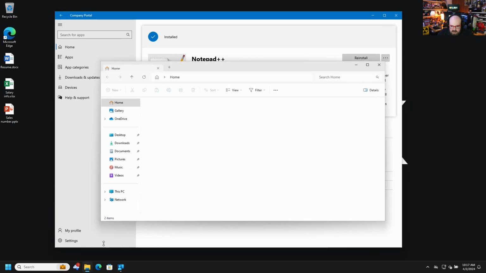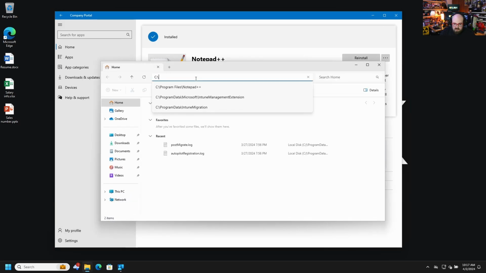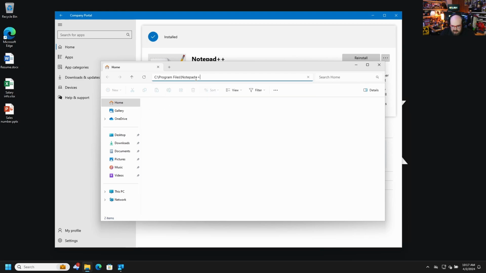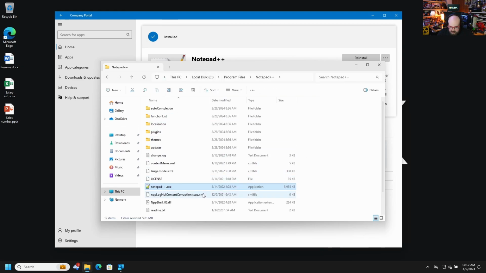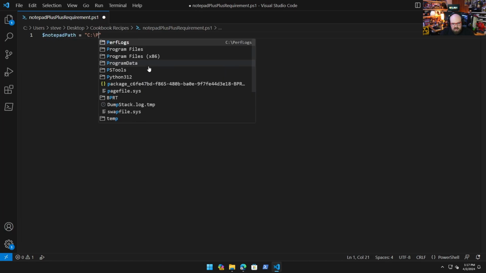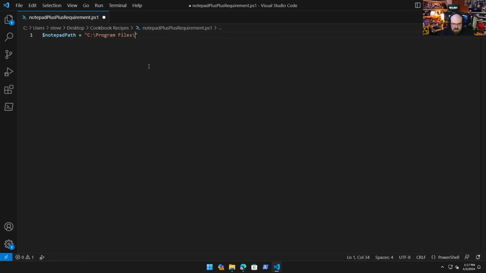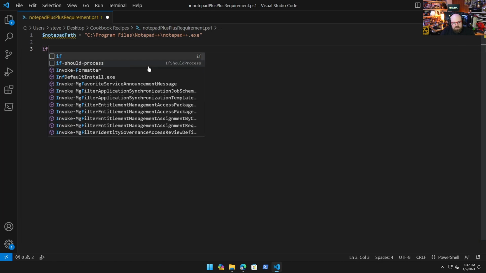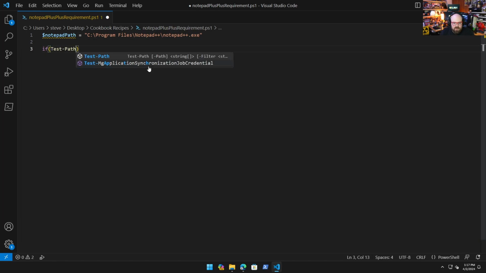In this case, I am going to look at one of my test devices, and you can see that's the path. I'm going to see if this exists, and if it exists, I'm going to tell Intune that it meets the requirement. So let's say Notepad path equals C:\Program Files\Notepad++\Notepad++.exe, and then I can say if Test-Path is the Notepad path,